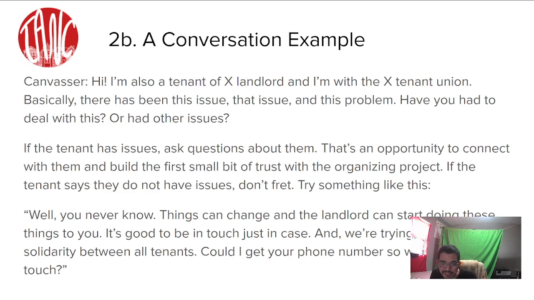And if the tenant has issues, you ask a question about them. That's an opportunity to start a discussion, build some trust. If the tenant says they do not have